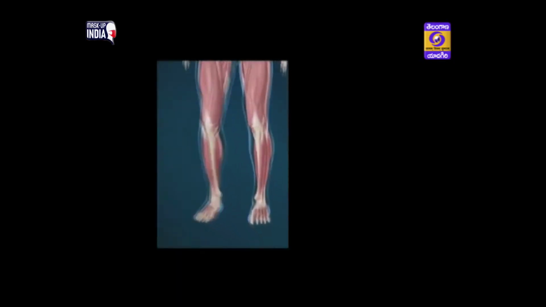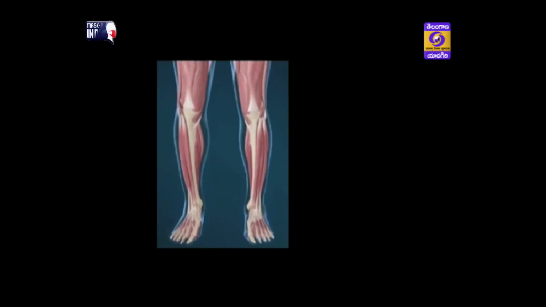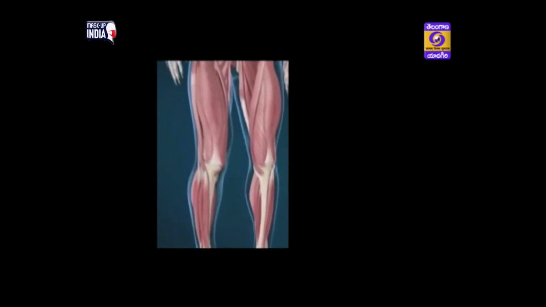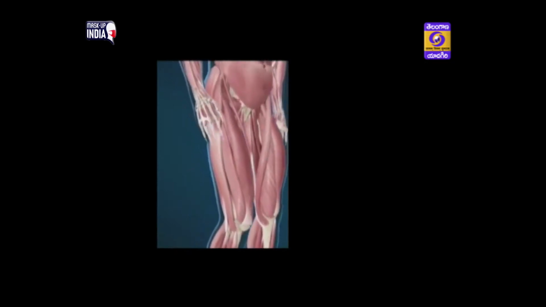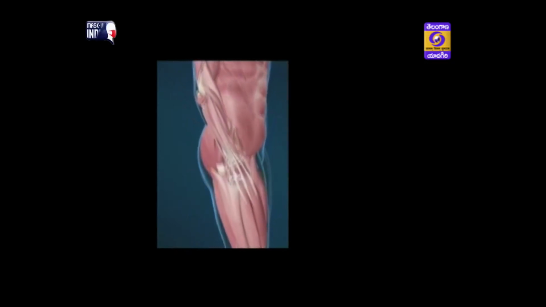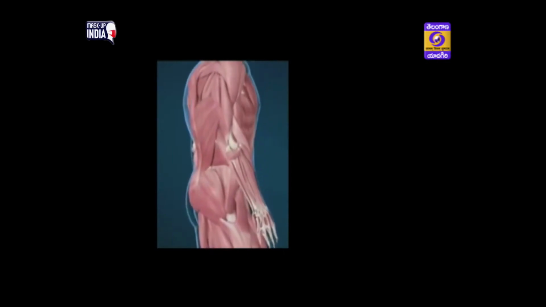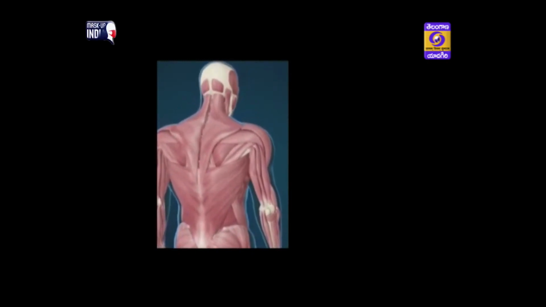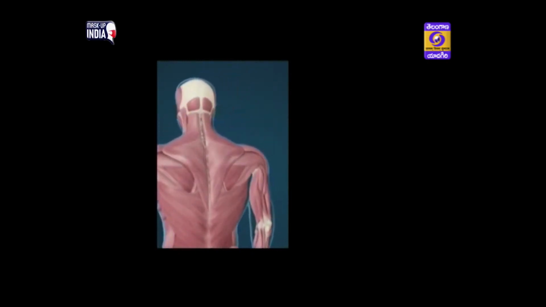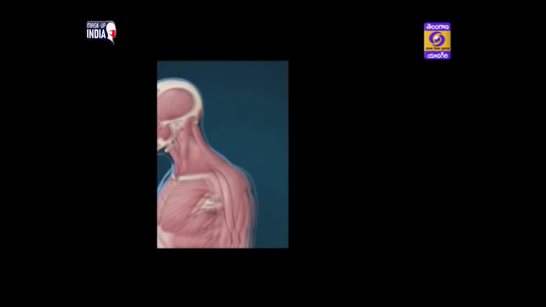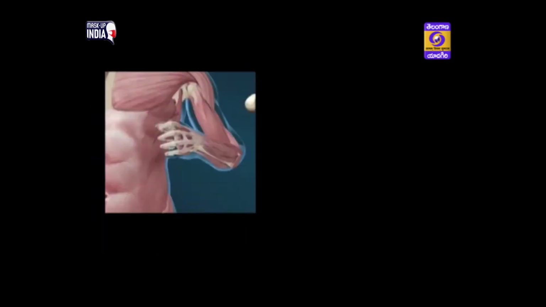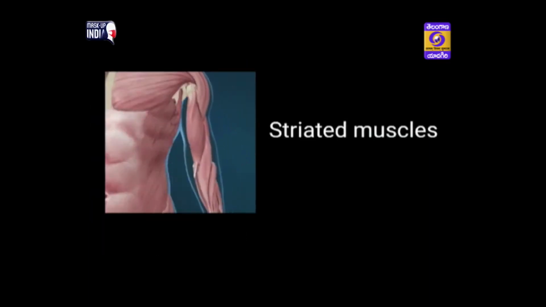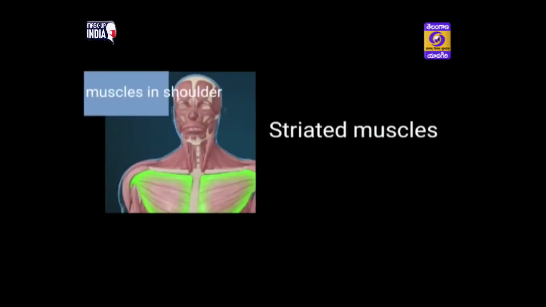Muscle tissue. This muscular tissue is found in the muscles in the body. Muscles are responsible for movements like movements of hands and legs, and also several internal organs such as intestine and heart. We can move some muscles by our conscious effort, like muscles in limbs. There are striated muscles, also called voluntary muscles, like muscles in upper chest,